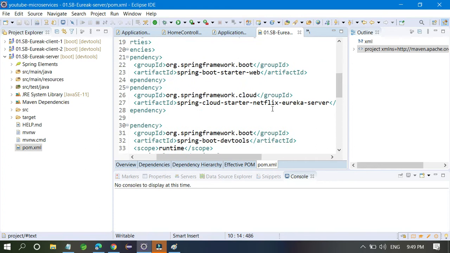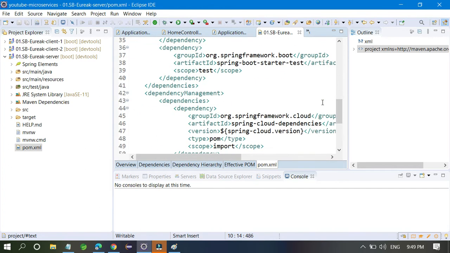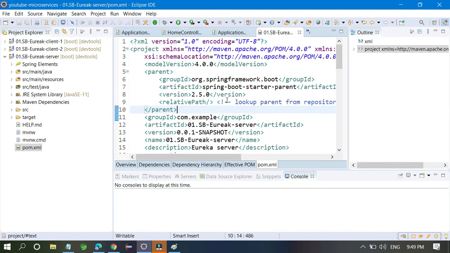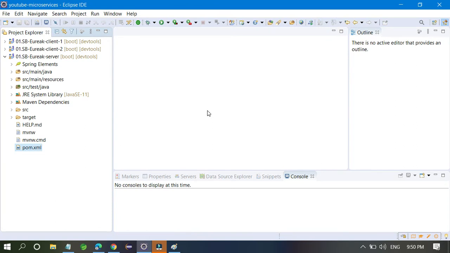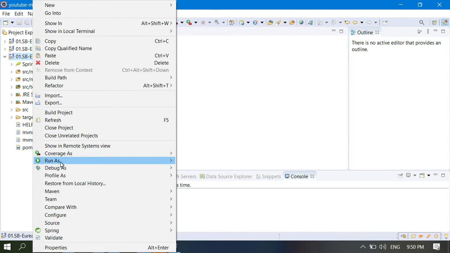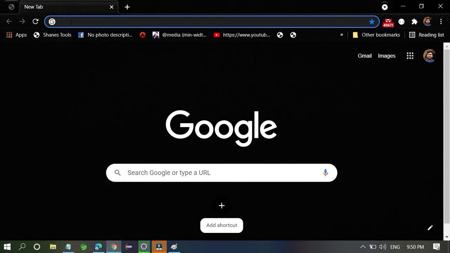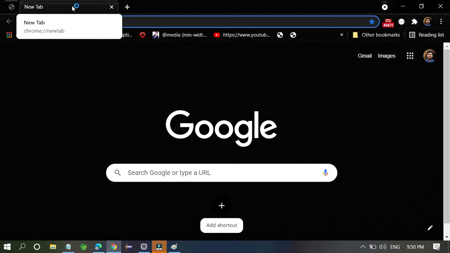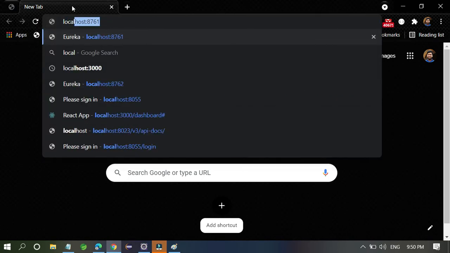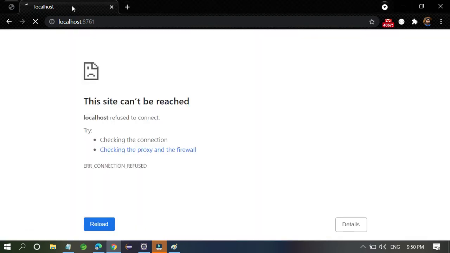Everything is fine, so first you have to run your Eureka server: click Run As Spring Boot application. It might run on some other port, so I will call localhost:8761, the default port number I have mentioned. It takes some time to run.